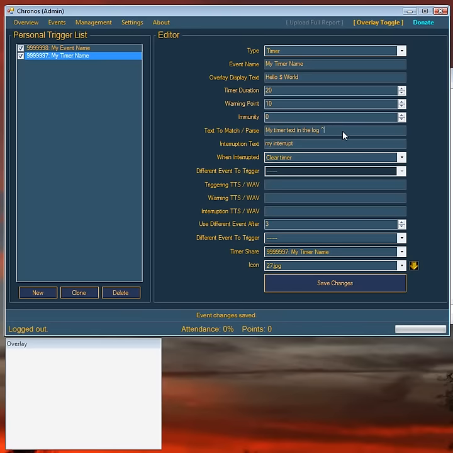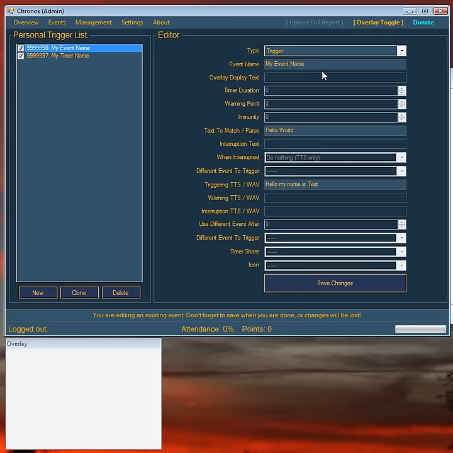You can make, say, a trigger like this, and let's call it curse. Text to match is you've been cursed, and the text to speech is